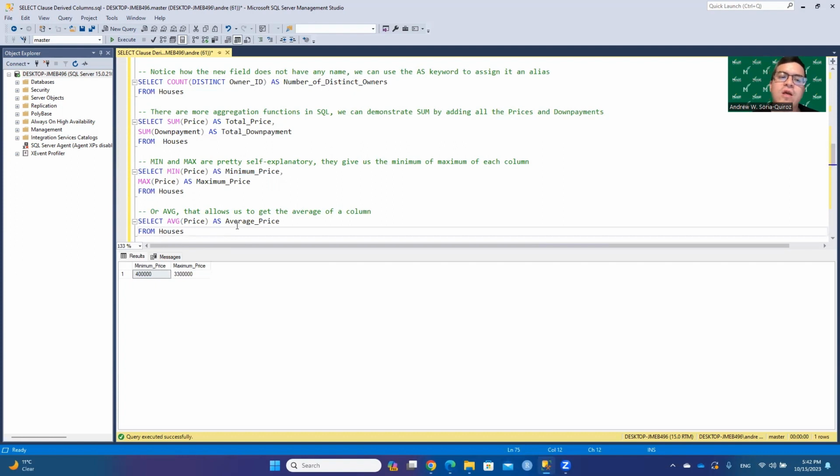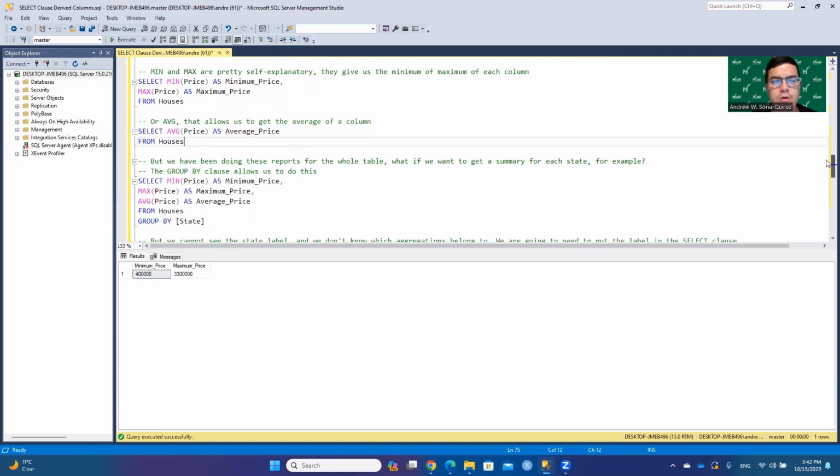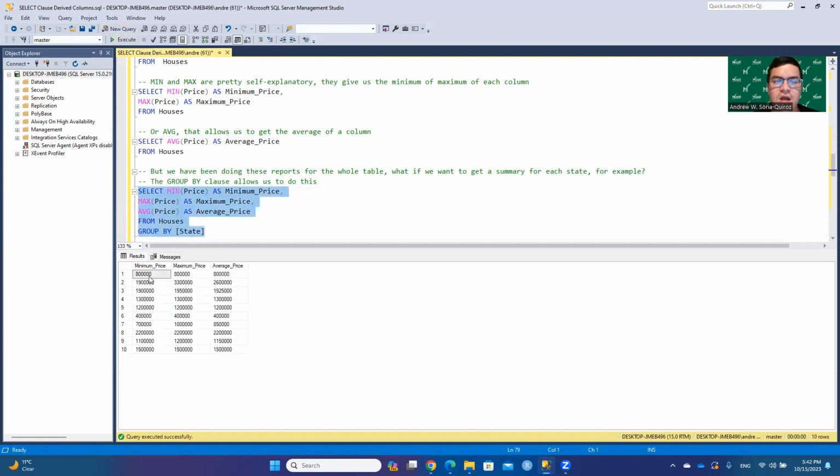We don't want just the minimum price for the whole table. We want to know maybe by state, for example. That can be done very easily in SQL with the group by clause. The group by clause is going to allow us to say, take me the minimum price, maximum price, and average price for these columns. However, do it by state. Only give me each value by state. As you can see, we have different values per state here, and these are the minimum prices, maximum prices, and